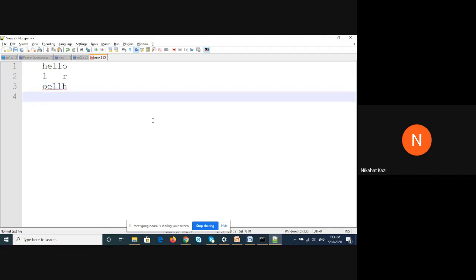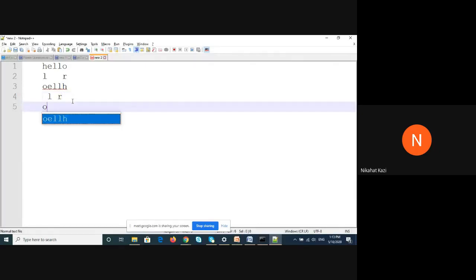After that, L will advance by 1, right? The L pointer will come here, and the R pointer will go 1 to the left. That is what is happening. Now again you will swap. So E will be swapped with the L which is at R, and this L will remain the same, and E will come here. This is what you will get.